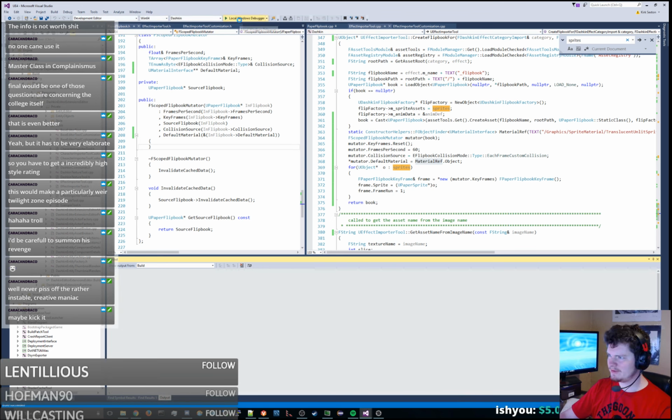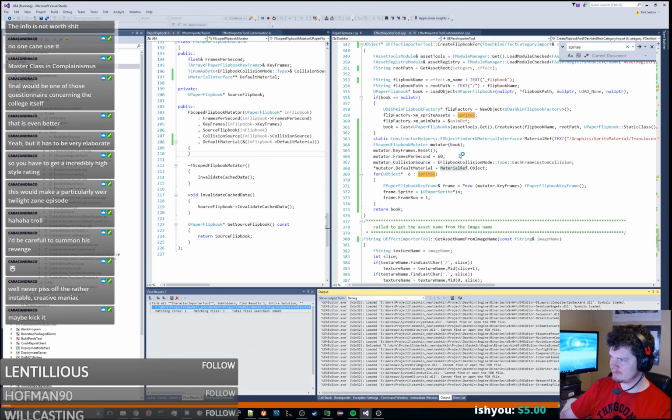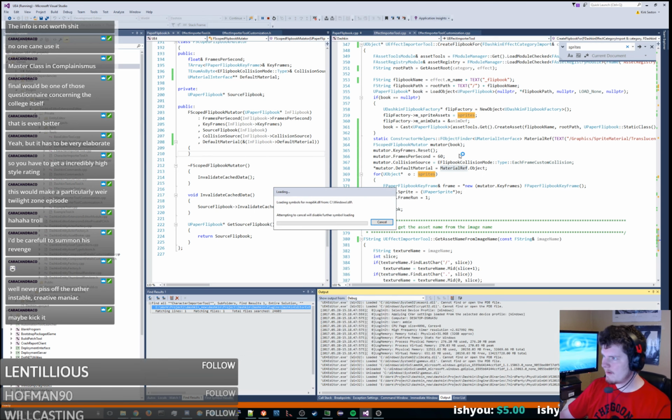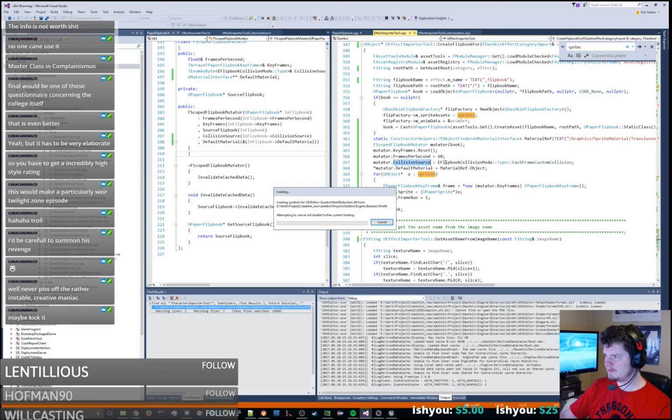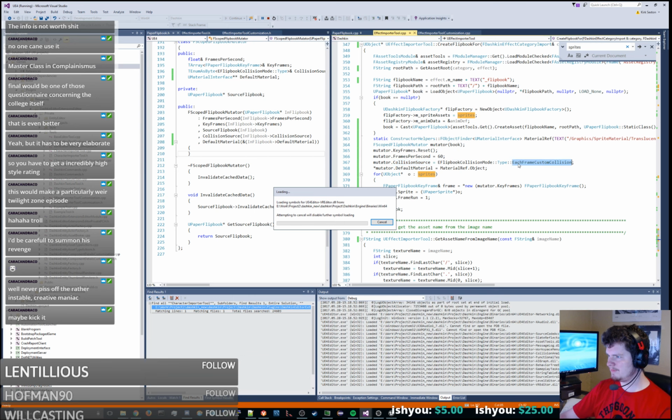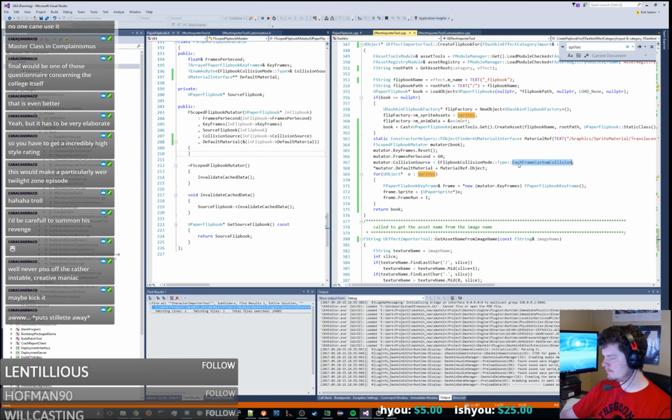So let's see. Everything compiled, so we can re-import all our stuff, and hopefully we should have all of our stuff set here. We may also want to kind of mess around with this flipbook collision mode stuff, but